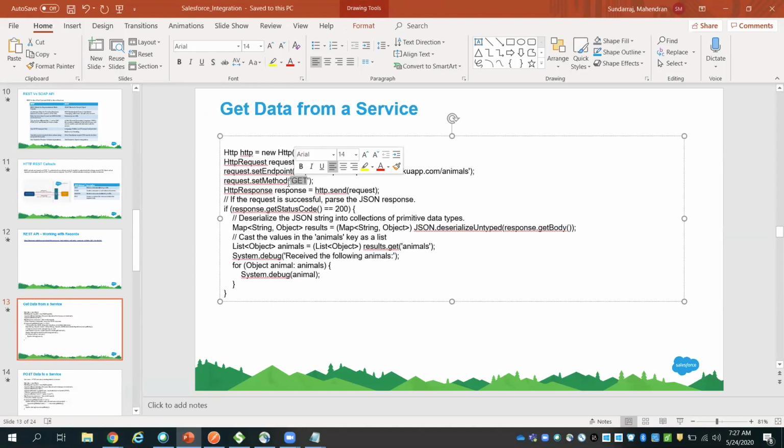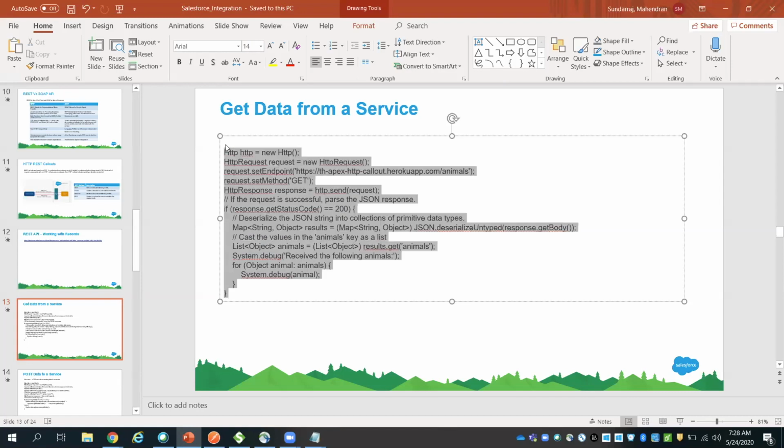When you send this request to this particular endpoint, the status code you will receive is 200. 200 is nothing but a success message, and it will give you the response back.